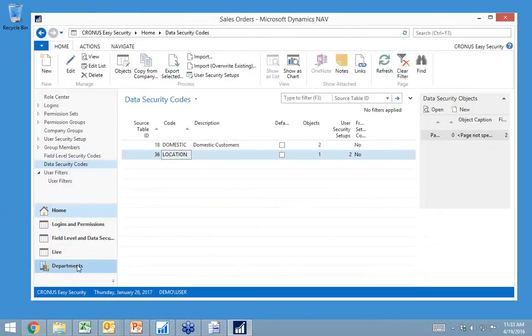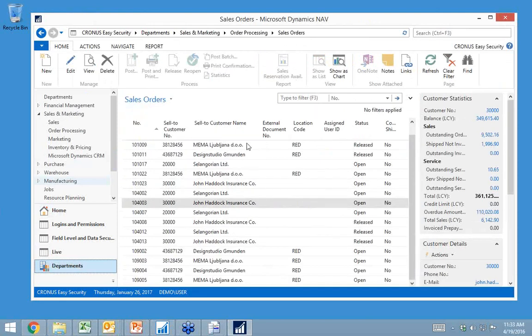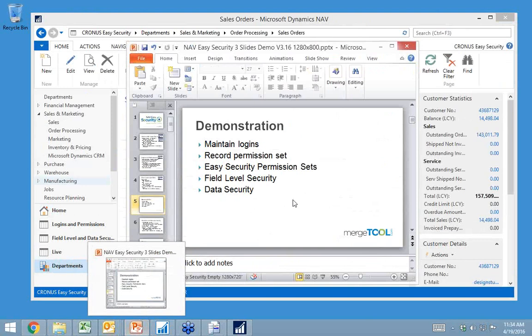So if I go back and look at my list of sales orders, I of course now only see the red ones in here, and I can clear the filters, but it's not going to allow me to get around the filter for the red ones in here. So it allows a great way of slicing the data in NAV, both for security purposes, but actually also to maybe help people not to see all the blocked items, for example, and things like that. All this also applies when you actually do a lookup and things like that at the same time. So that's the part I wanted to show about the application in here.